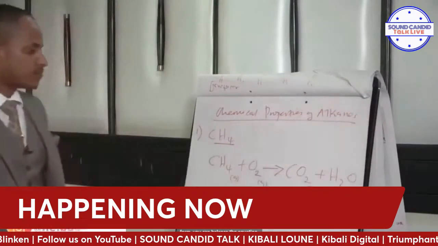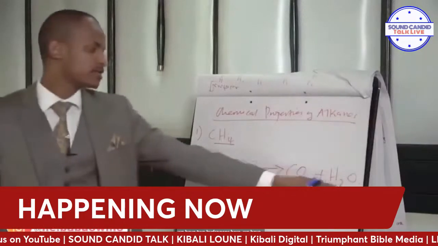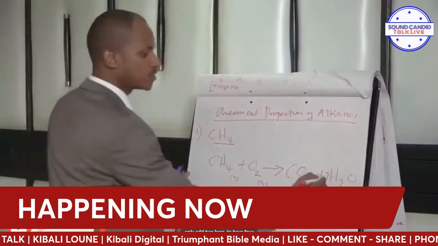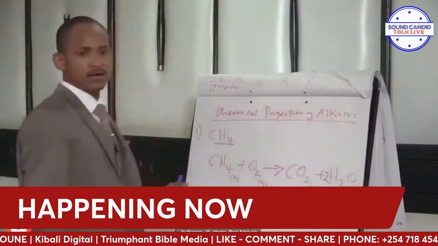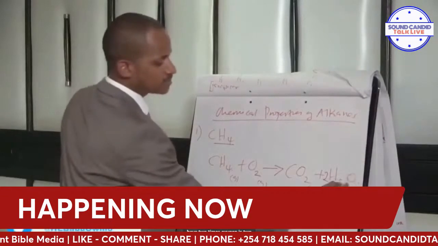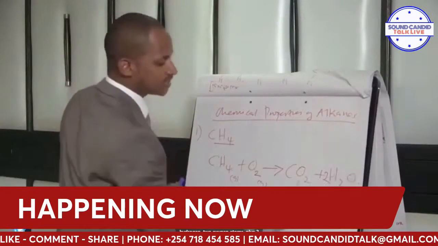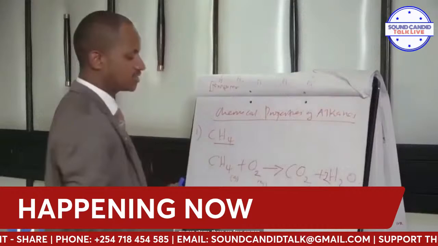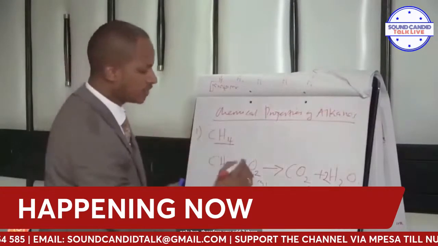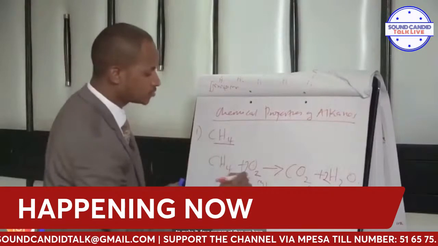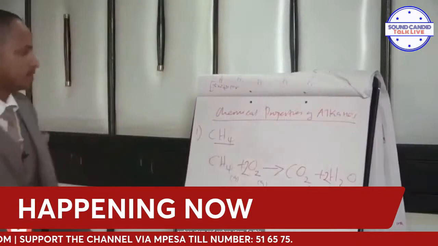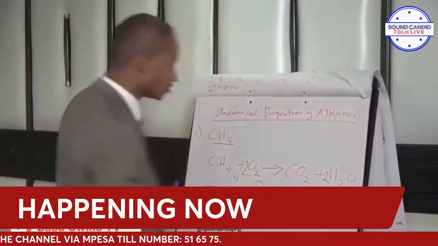So in this form, you can balance the equation. We have 2 hydrogens here, we have 4 hydrogens here. Therefore, you only add 2 here to have 4 hydrogen atoms. Then here we have 2 times oxygen is 2 oxygen atoms plus 2 oxygen atoms. Those are 4 oxygen atoms. But on the other side, we have only 2. Therefore, you add 2 there to make it 4 oxygen atoms. Then we have carbon atom and carbon atom. So this is combustion of methane.